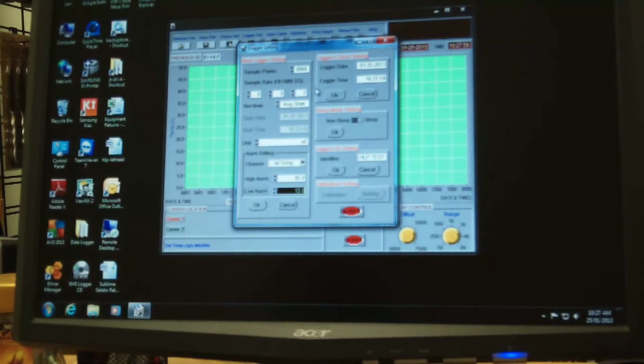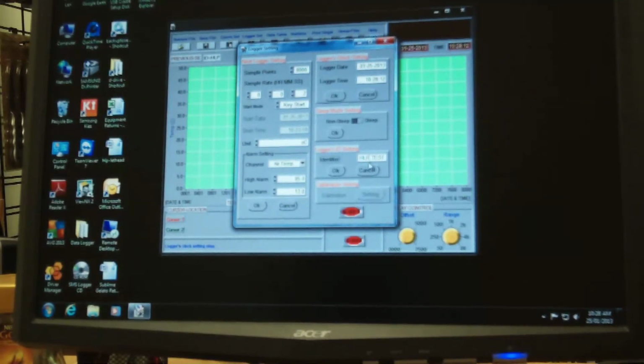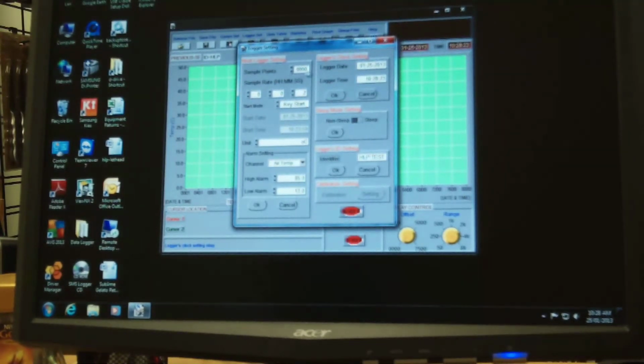So just to double check, just to fine tune it before we go off, the logger clock settings on the right hand side of that window should be clicked OK. You can do it again, it doesn't matter how many times you do it. You can set the ID of the logger. And then on the left hand side we need to have some number of sample points. You can leave that at any large number. The sample rate has to be greater than 0, and you've got to select a start mode. This time we're going to use key start. That's all you really need to do. Now when I click OK at the bottom of the screen,